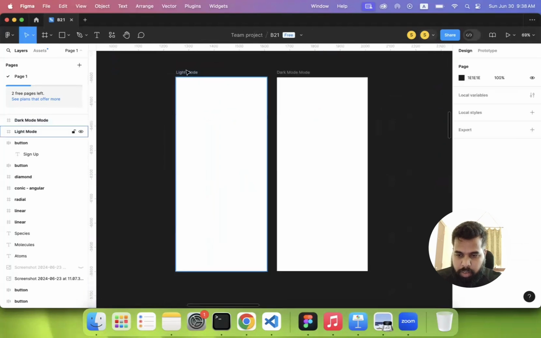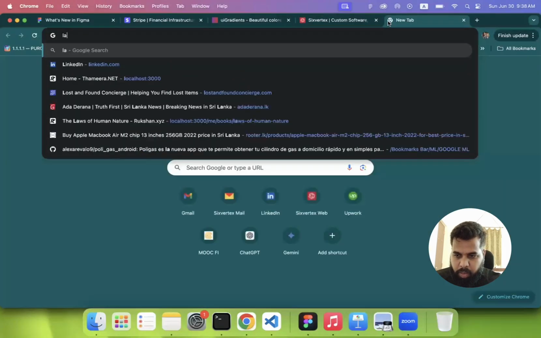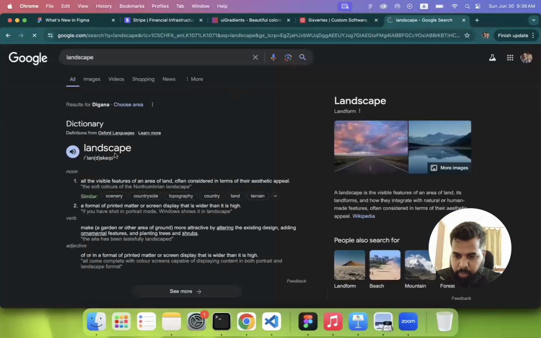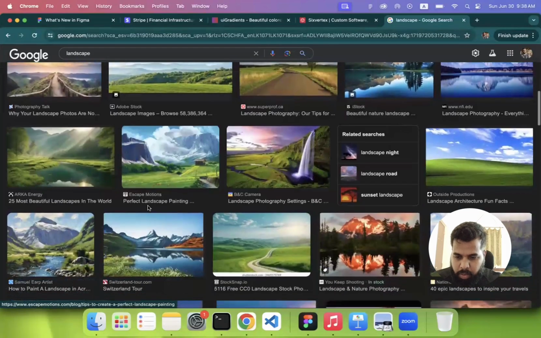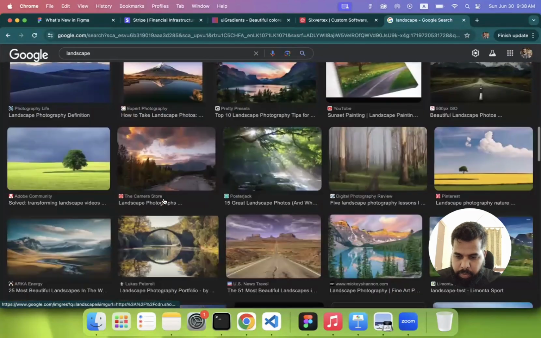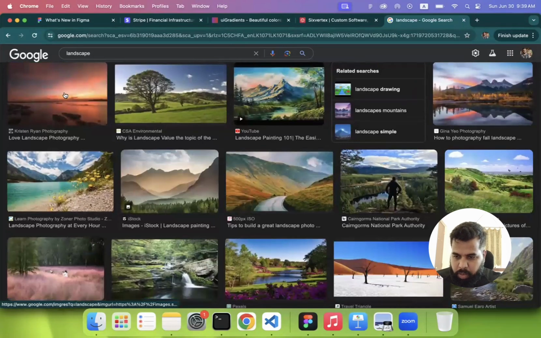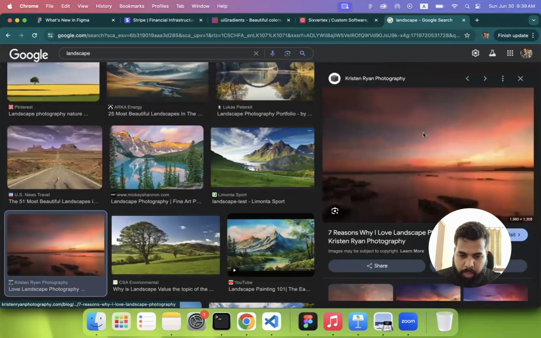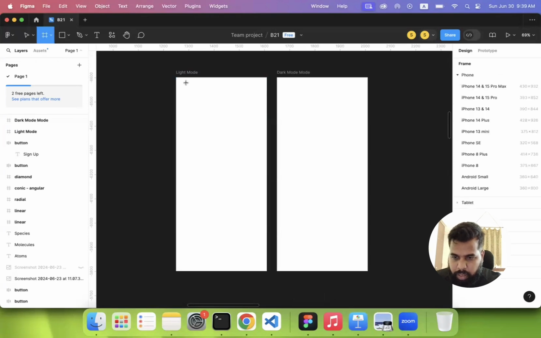Okay, now let's create our light mode design first. Let's use this as my image. I'm first going to create the image right here,